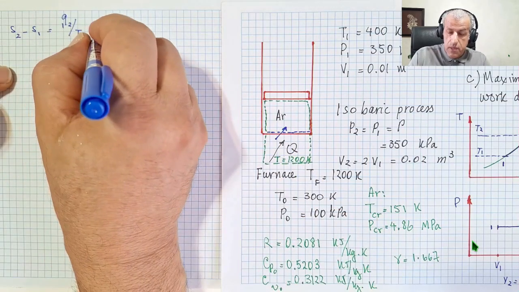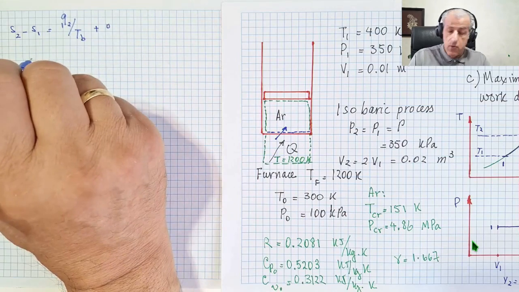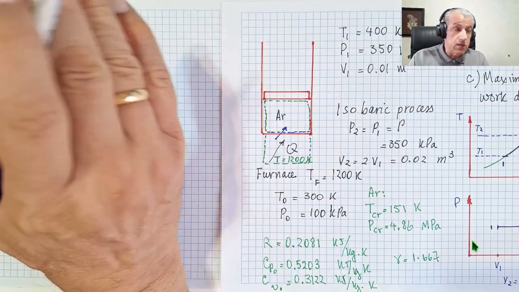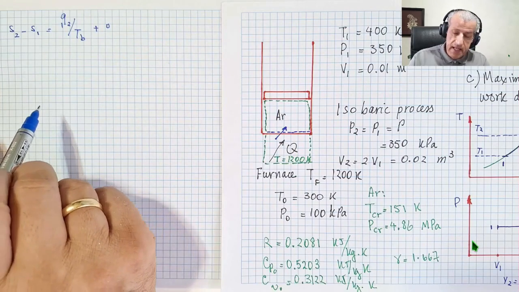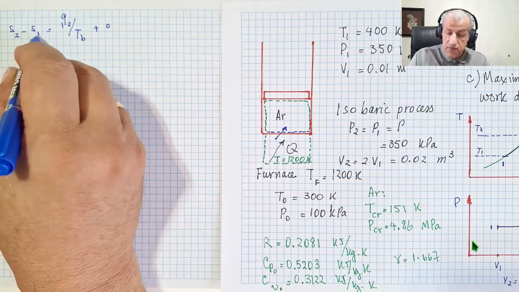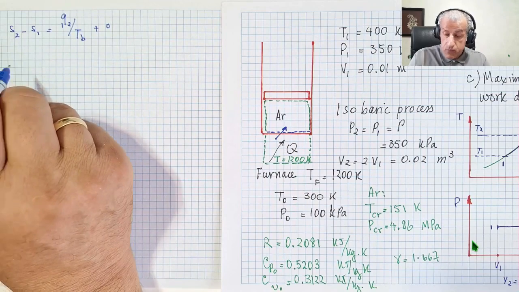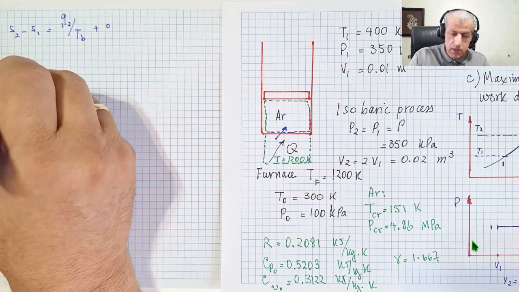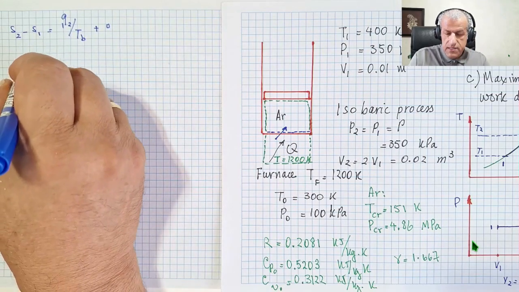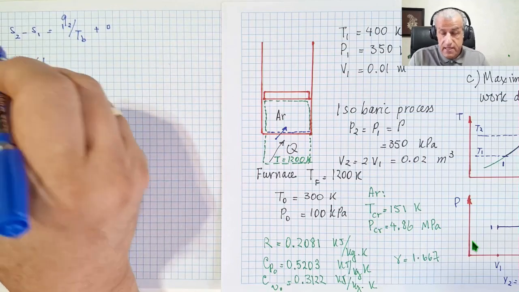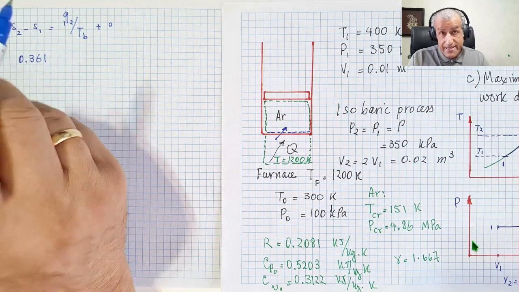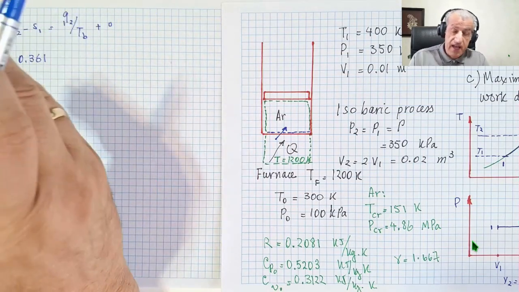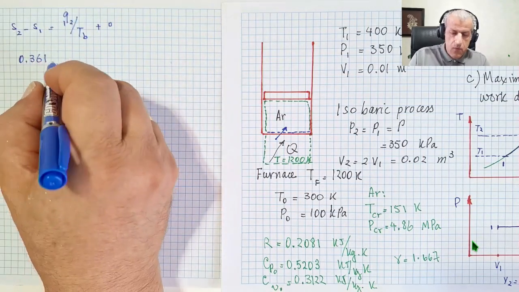So plus 0. S generation is 0 inside the boundary that we have selected. So the change of entropy for argon is 0.361. It has certainly changed its entropy since it has gained some heat, and heat transfer adds to entropy,